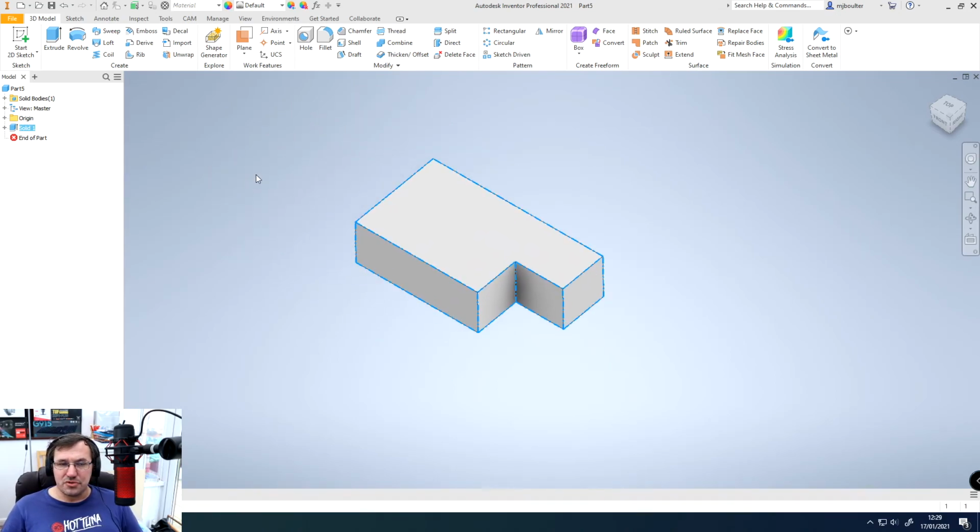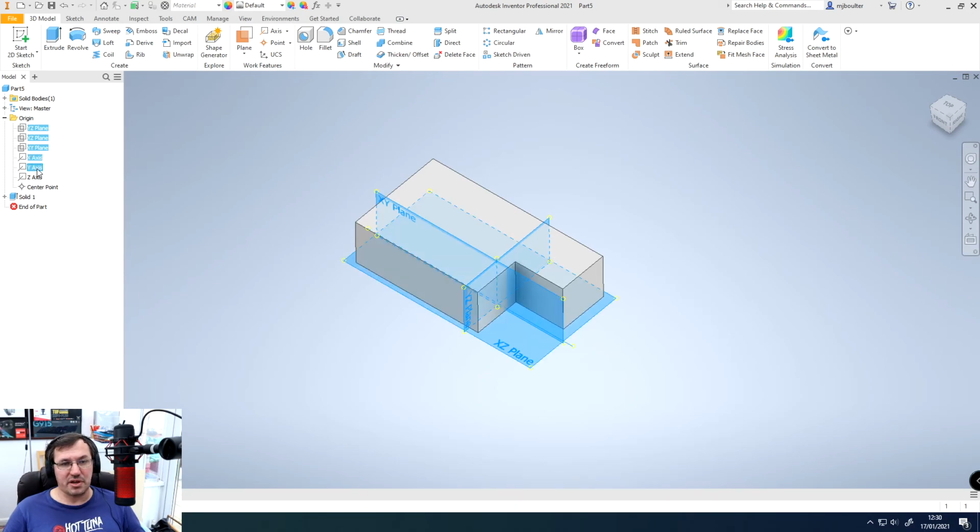The other thing that's really important to remember is that our planes that we had originally are still here, you just can't see them. So in our origin here, if we open up this part of the tree, you can see our planes are all still there, they're just hidden. You may want to bring these in and out at various different times, and you can select them, and if I hold shift down, I can select them to wherever I put the pointer, or I can select them individually and just right click on them and turn the visibility on,